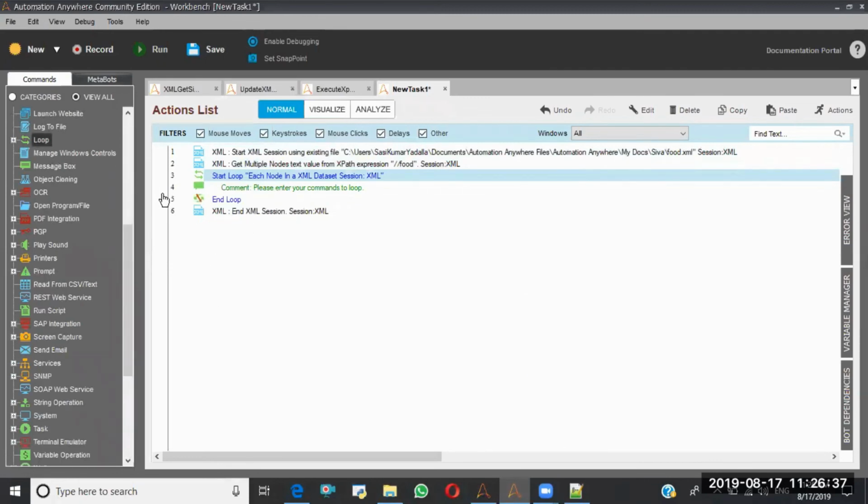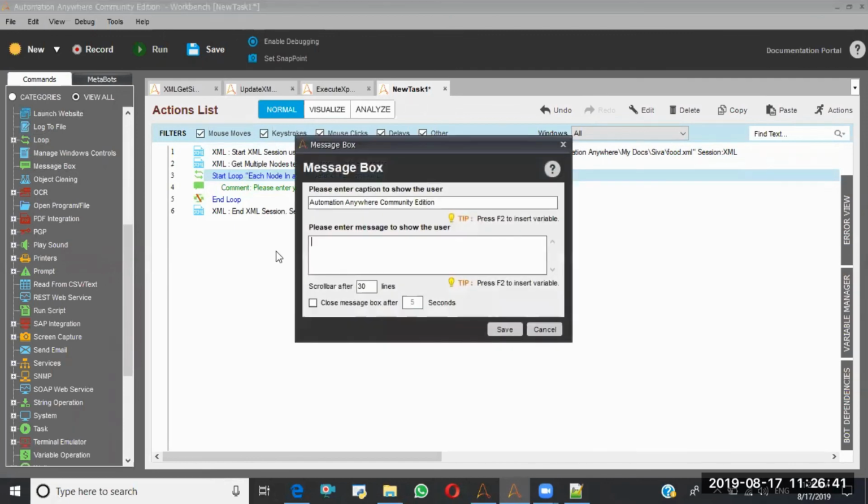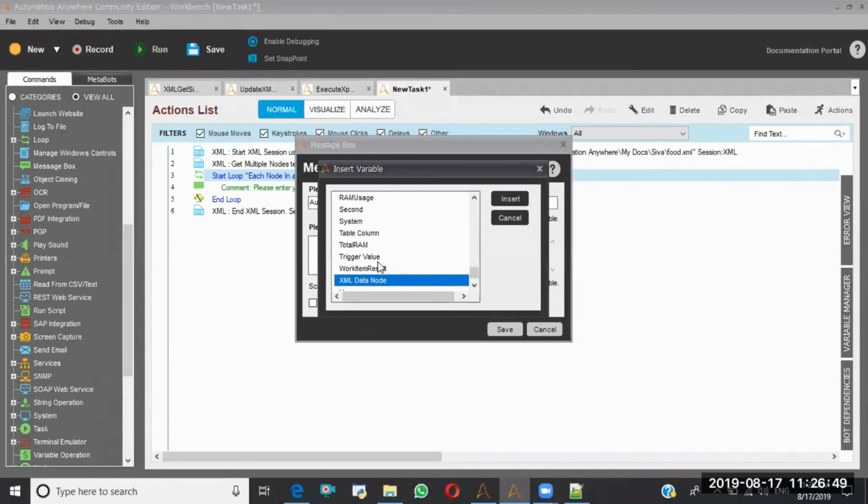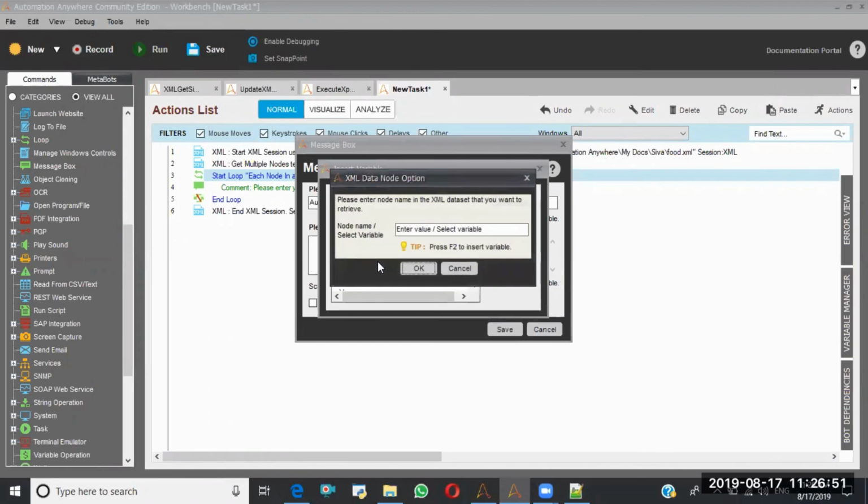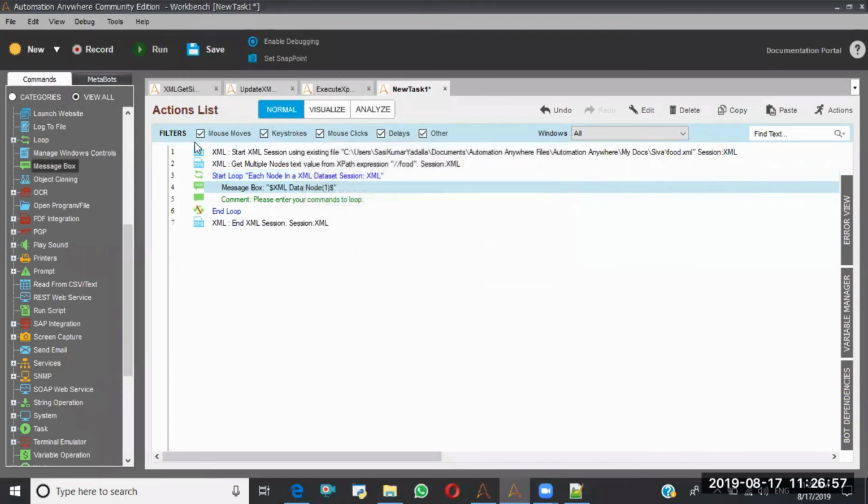Let's run. If I want to access the data, there I have a system variable called file data column. Sorry, Excel column in Excel. Here also we have a system variable called XML data node. Here I'm giving the one. I'm saving this. Save.